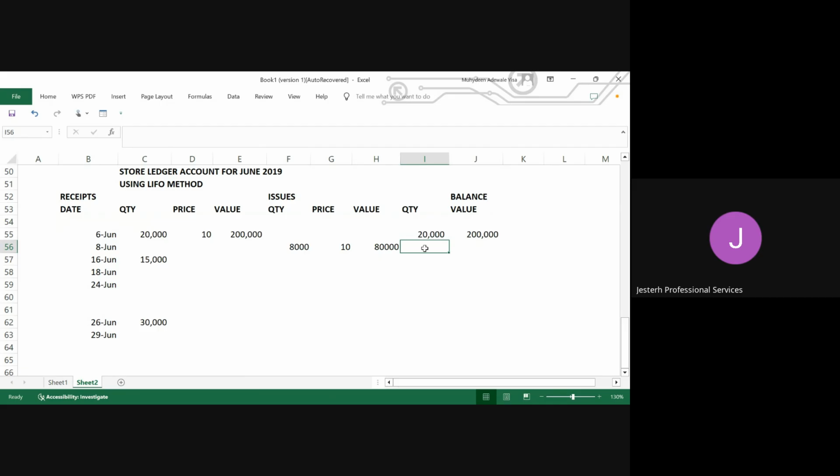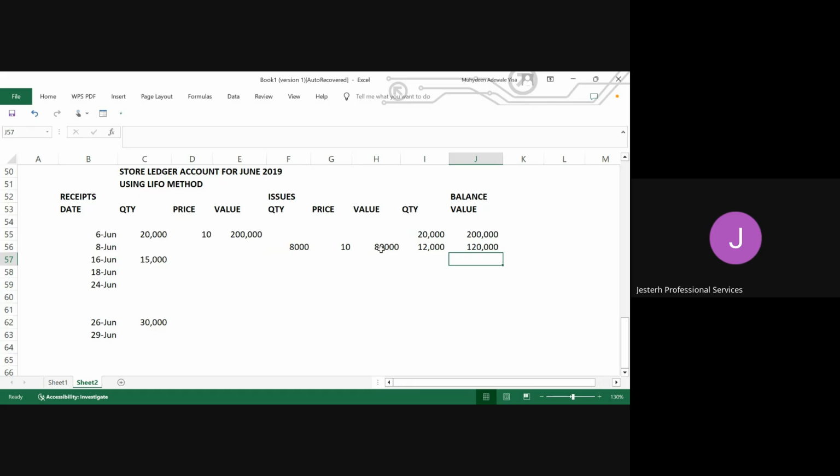It means what we purchased on the 16th is what we are still going to issue out. Then we have issued out 8,000. Now, what is remaining for us in the store is going to be 12,000. And then at what value? The total value minus the value of what we issued out will give us this. It means in the store now we have 12,000 quantity of this particular material that we brought to the store